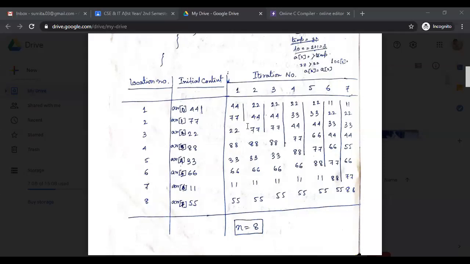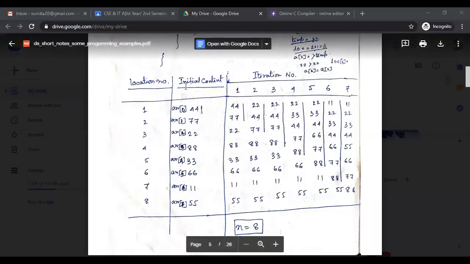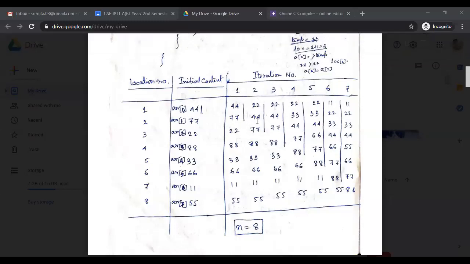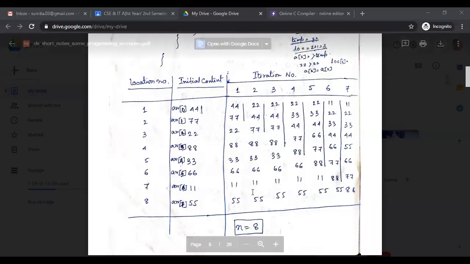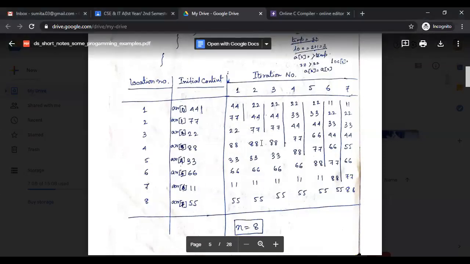Again, comparison between 1 and 0: 22 is there and 44 is there. 22 is less than 44, so obviously 22 moves to this place. After these two comparisons, we get the output 22, 44, 77. The remaining part of the array is the same as before.